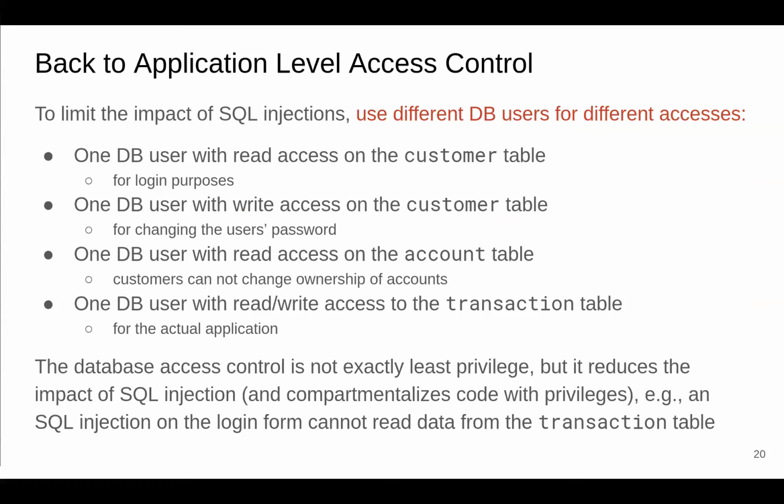Okay, cool. Back to application level access control. Now we've discussed SQL injection. Now we're going to go back to the first answer that was given. Instead of using one single database user, we're going to spread the risk a bit. Right, so one database user with read access to the customer table, just for login purposes, so that you can do authentication, and in the rest of the application, you no longer need access to the customer table because you handle this through an authentication token that you save as the user with the active session.